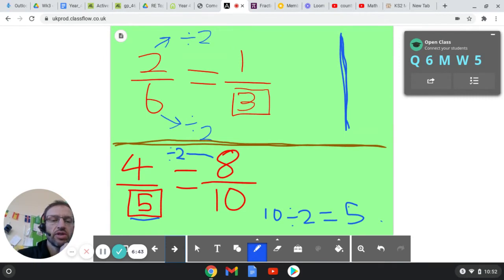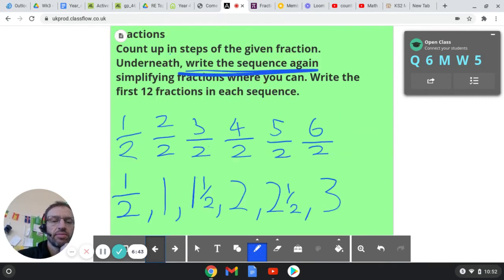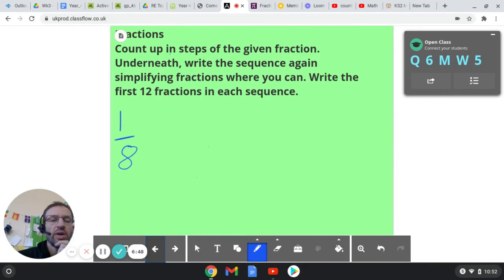Not that one. Sorry, that's from yesterday. There we go. Eighths. So I'm going to do the same thing. I've got to write the first 12 fractions in the sequence. So I've got 1/8,